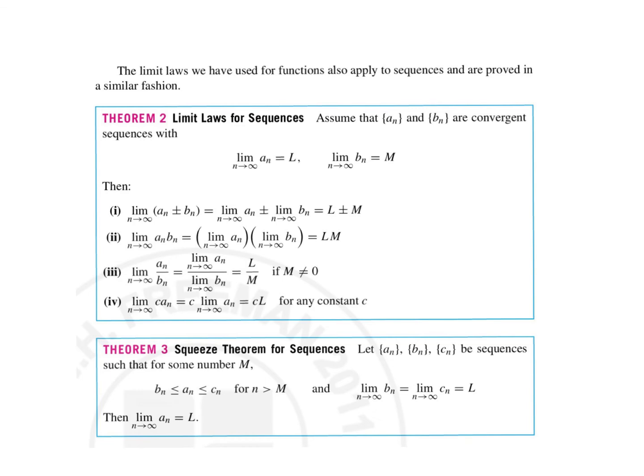Limit laws for sequences. Because we're treating these sequences like they are functions, we can add or subtract them, and therefore, if their limits exist and equal some values L and M, then we can add or subtract those answers. We can multiply their answers. We can divide, given that the limit of b sub n as n goes to infinity is not 0, then the fraction L over M would be the answer. And we can also multiply by any coefficient, any constant. Okay? So these are nothing new, nothing that you need to memorize all of a sudden because you really have